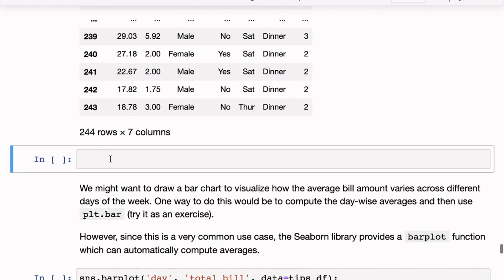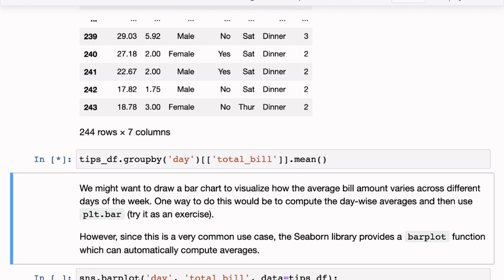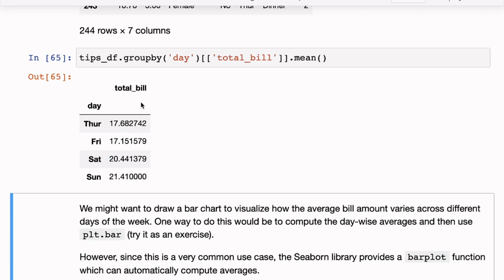So let's say we have tips_df, and you might do group by, and on group by you may group by day, and then from that group by you may select simply the total bill, and from that you might then do mean. So now you have the average total bill on the days of Thursday, Friday, Saturday and Sunday.